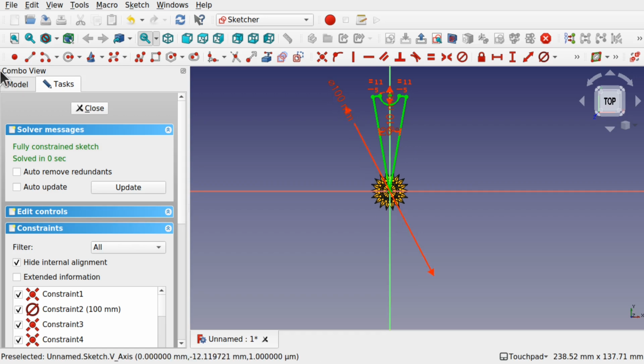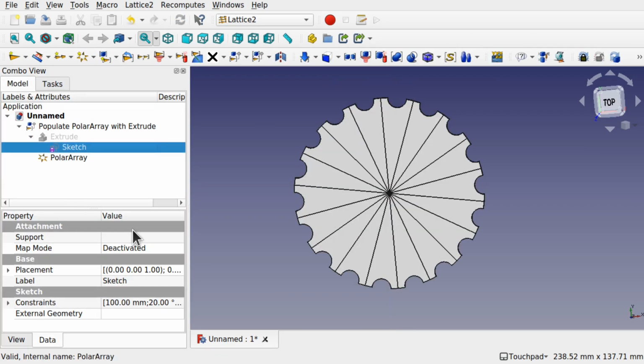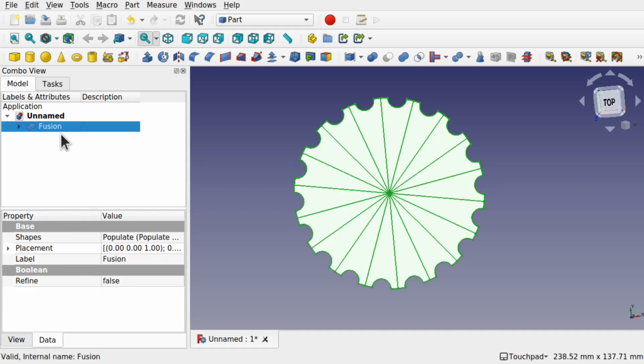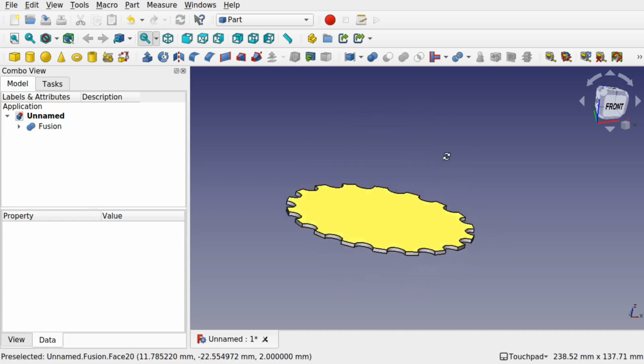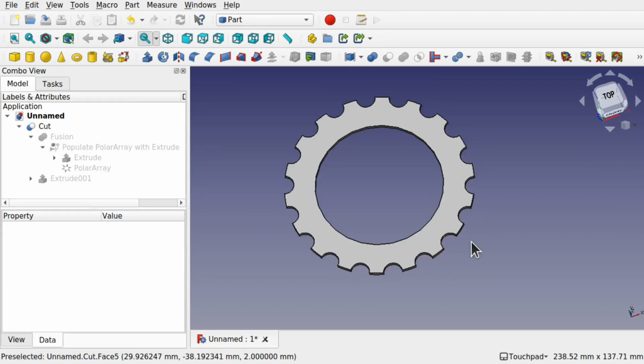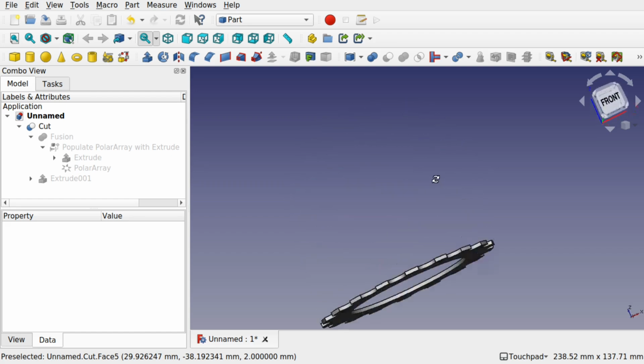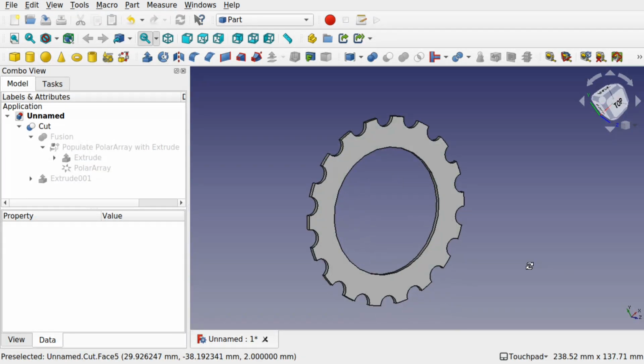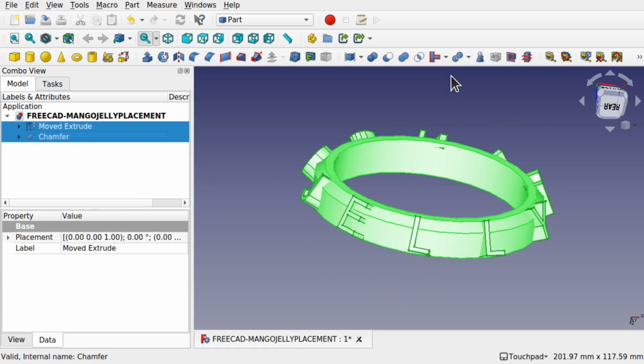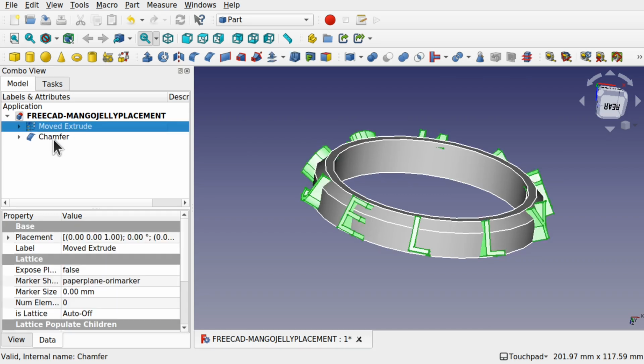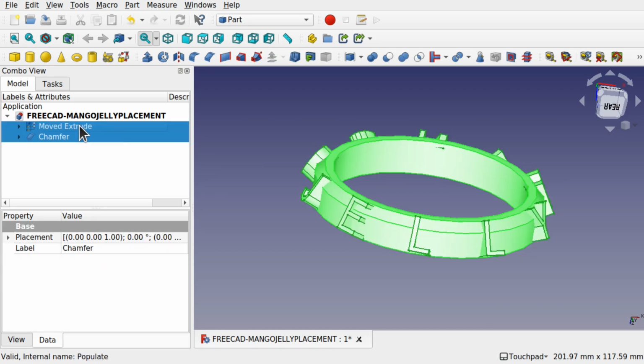In the previous part 1, we looked at getting into Lattice 2, how to install it and how to start using it with the polar array. We created a very simple cog in there using the sketch and repeating parts of the sketch. This video we're going to be carrying on with the polar array and looking at how to use a compound of object, and that includes how to wrap text around an object. So we're going to be using this polar array to wrap text halfway around or the full way around that